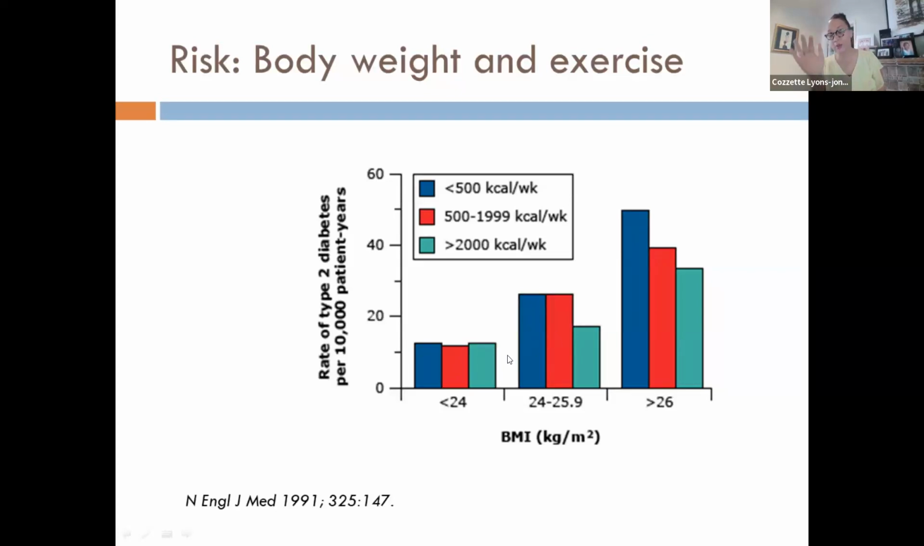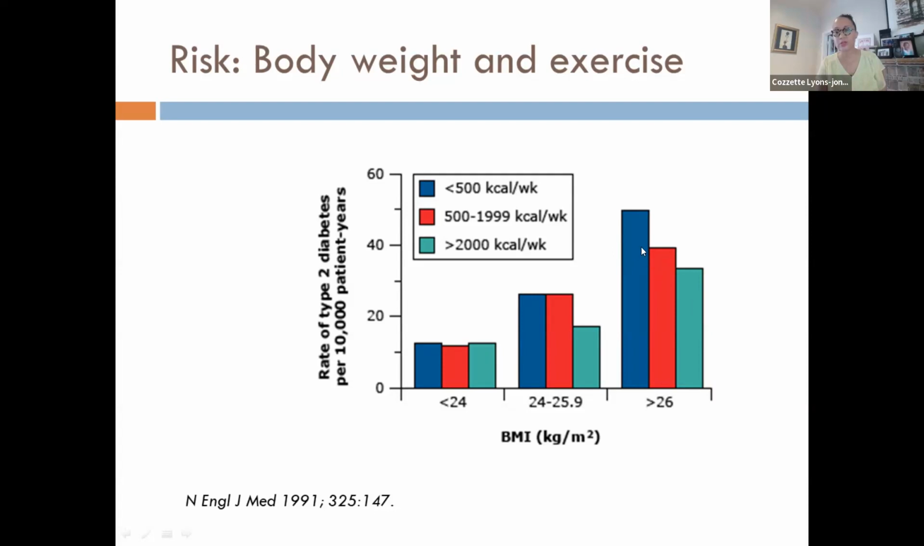If you're a higher weight person, it matters. If you're normal weight, below a BMI of 24, whether you exercise or not doesn't really influence the rate of type 2 diabetes occurrence. But as you become bigger, as you gain the weight, that impacts the rate. You see more diabetes occurring. And if you exercise, a little exercise improves your sugar rates, and a lot of burning of calories through exercise